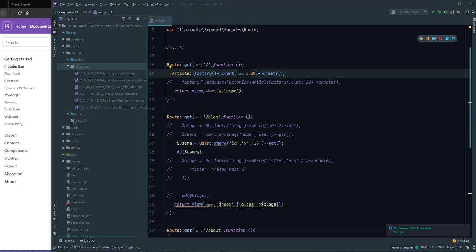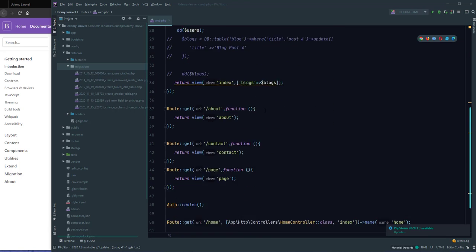In this section, the subject is form and validation. Form and validation is very important for saving data in Laravel. For example,